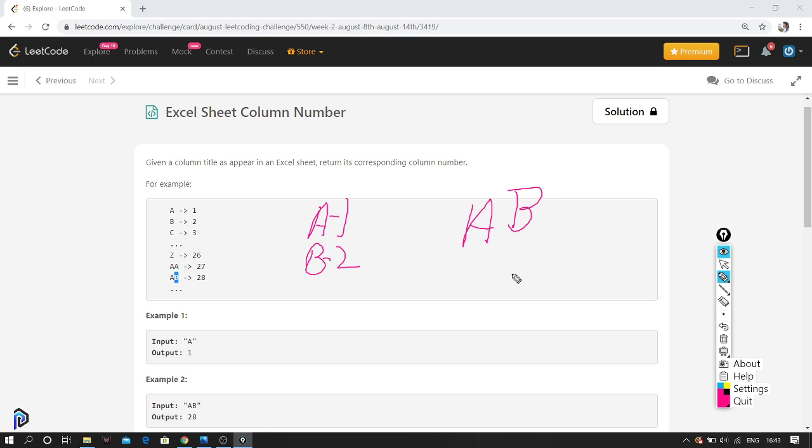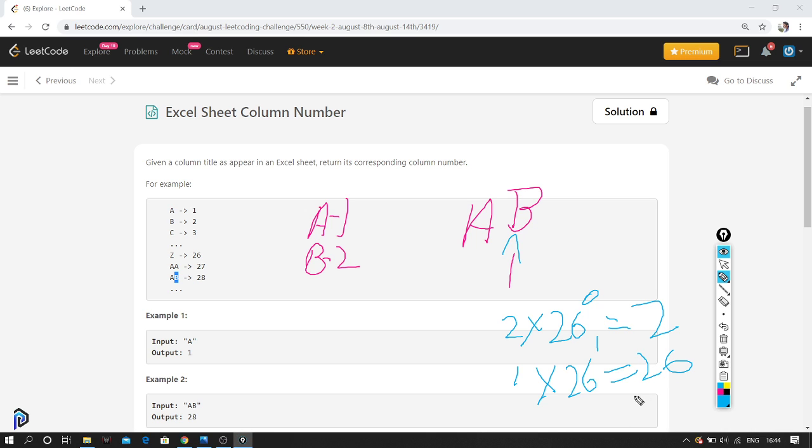Initially we start from B. B's value is 2, so I do 2 into 26 power 0. 26 power 0 is 1, so it will be 2. Next, A. A's value is 1, so 1 into 26 power 1, which is 26. When you sum them together, you get the value of 28.